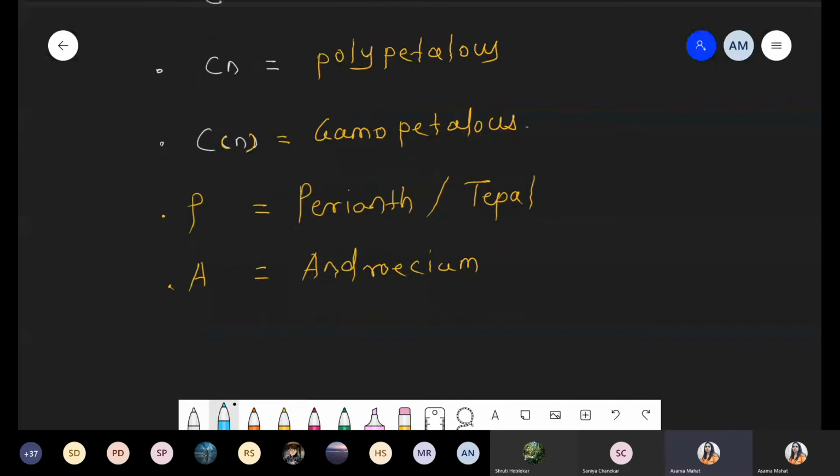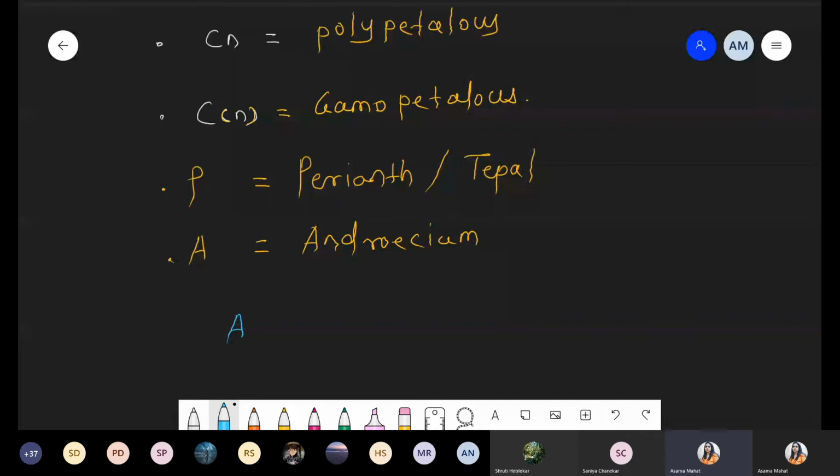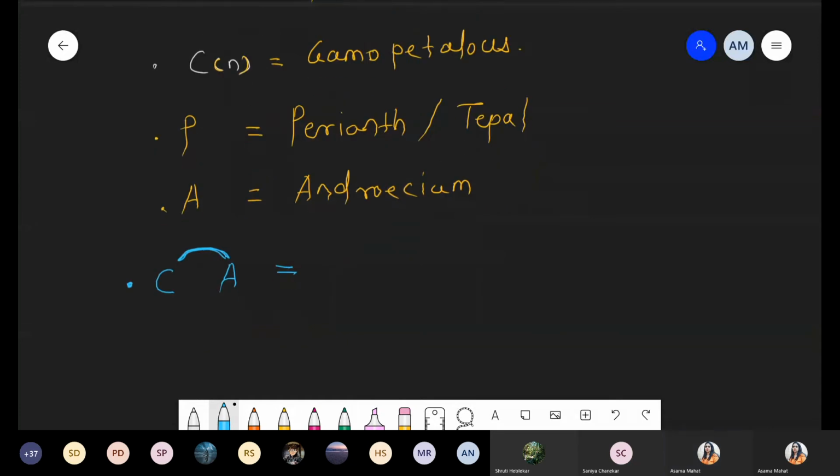If there is a condition, for example, a presence of androecium and the corolla, and there is a joining between these conditions. So can you tell me, the androecium, that is stamen, attached to petals, stamen attached to corolla. So this condition is called as, quickly tell me. Epipetalous. Yes, this is the epipetalous condition, where stamen is attached to corolla.